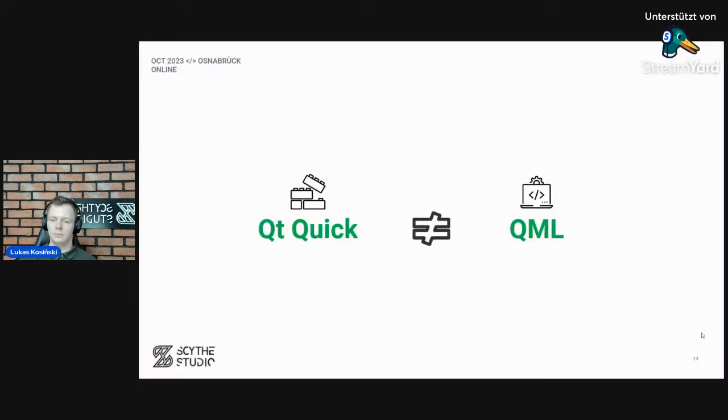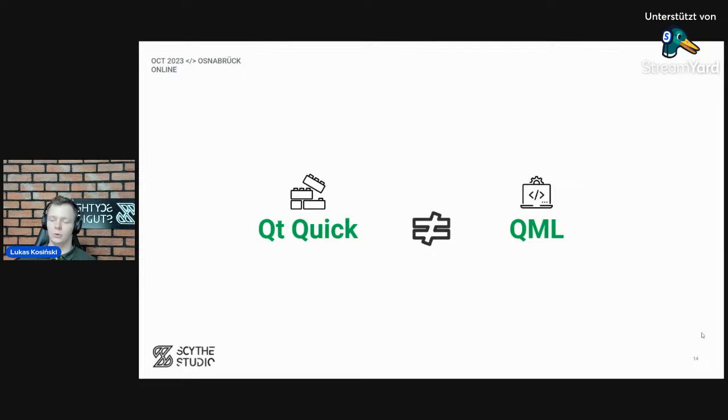So again, Qt Quick is not the same as QML. However, some people, including me, may use both terms meaning the same. So sometimes I say QML meaning Qt Quick, but I don't care.